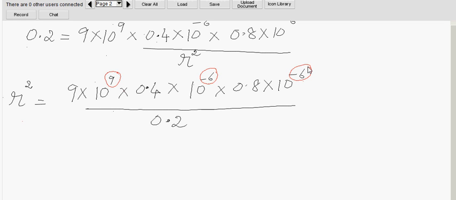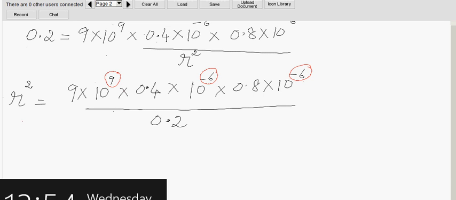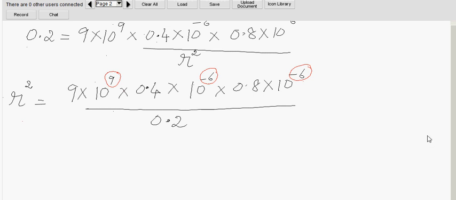That means it is 10 to the power minus 3. Then calculate the other things also: 9 into 0.4 into 0.8 divided by 0.2. So finally R square is 14.4